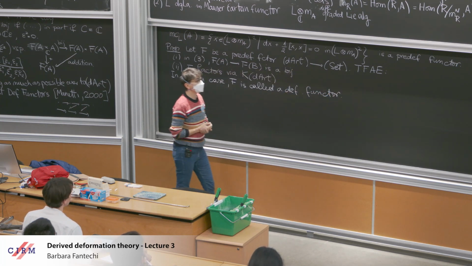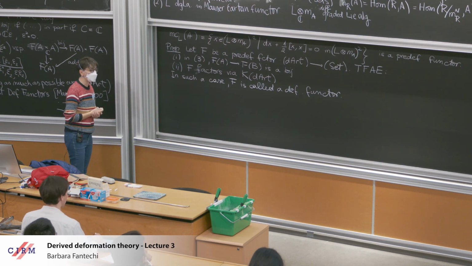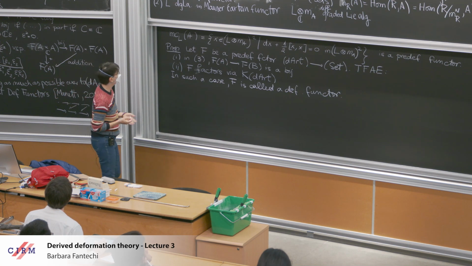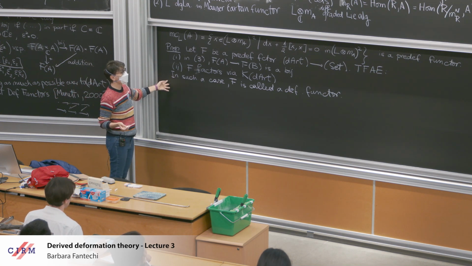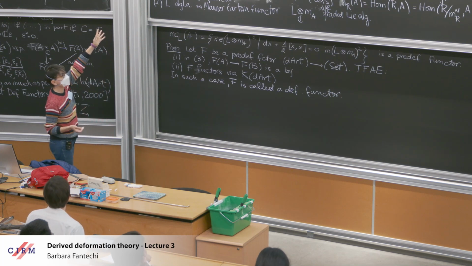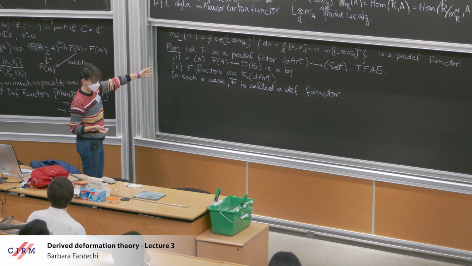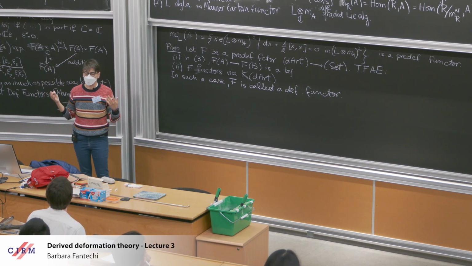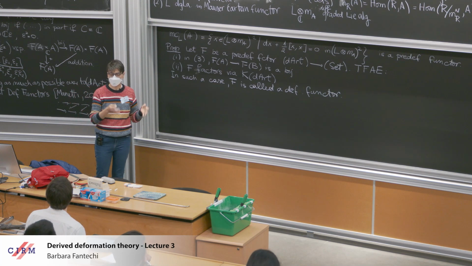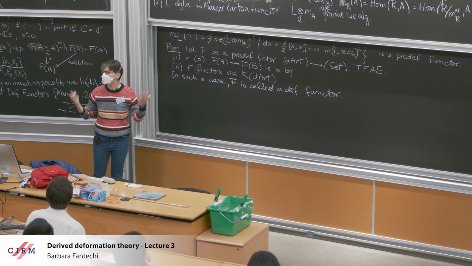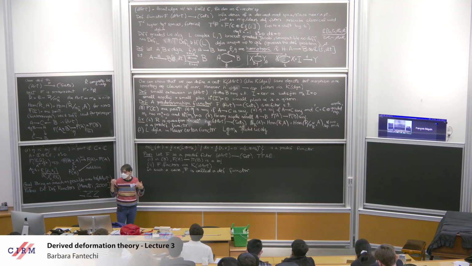And so these deformation factors are the stuff which we really want to study, and it's the stuff which will be controlled very well by differential graded Lie algebras. And well, we can ask ourselves, okay, nature gives us a lot of pre-deformation factors. How do we get a deformation factor? And here you should take comfort from the name. The relationship is precisely like the relationship between pre-sheaf and sheaf. If you have a pre-sheaf, there is a natural way, it's not in general a sheaf, but there is a kind of best way to make it into a sheaf.